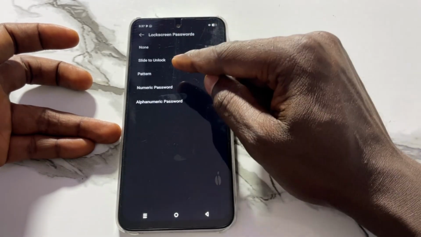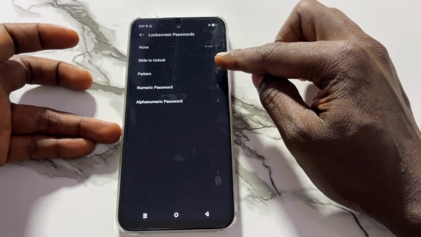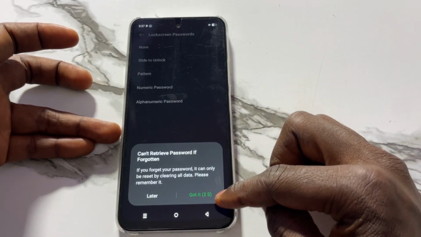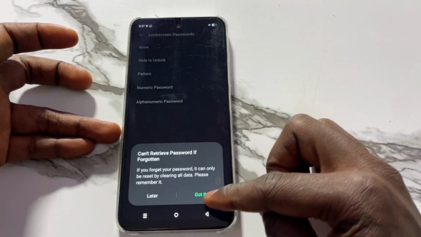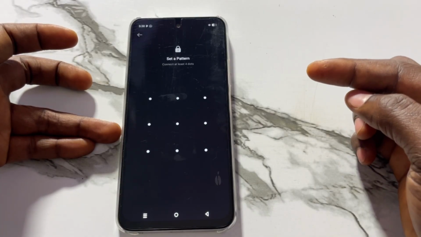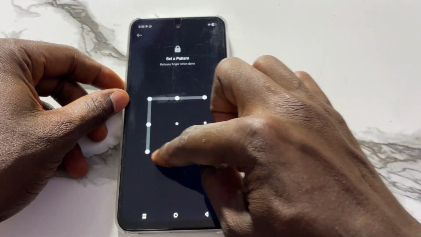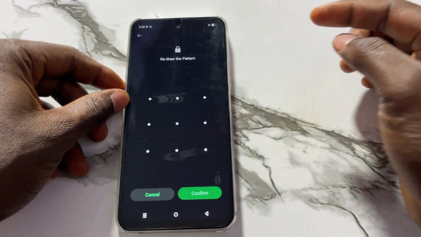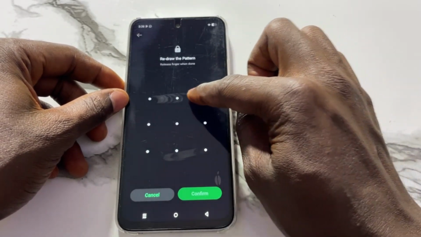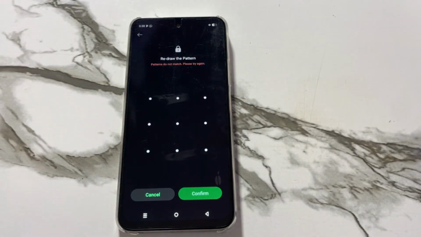So you can come here and set pattern. For instance, you can tap on this pattern, and after some time you can allow this countdown to count. You can tap on this got it and then enable a pattern password. You can come here, for instance, and draw a pattern of your choice, and you can see here redraw pattern to confirm. You can come here, for instance, and redraw the same pattern and then set a pattern